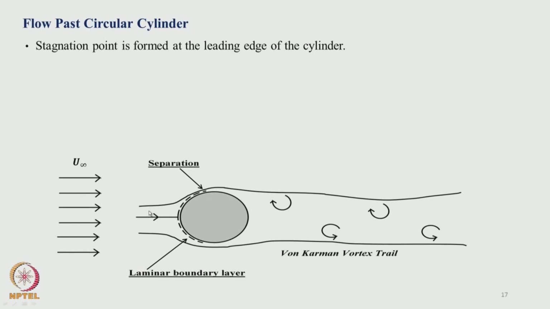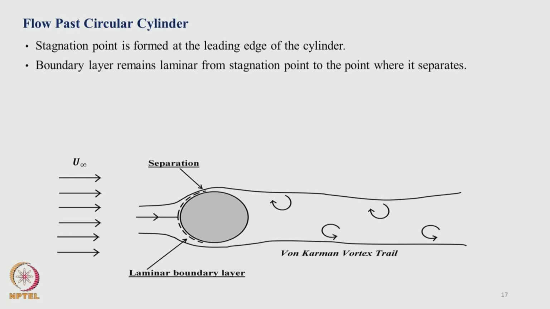So, here is flow past a circular cylinder. On the left hand side is the incoming velocity. What is shown here is a uniform velocity of u infinity, and there is a separation point. In this problem, the separation point for this geometry is not fixed; it keeps moving, oscillating on the surface, and where it oscillates depends on the inlet condition, and whether the flow is laminar or turbulent. Now, behind the geometry there is the famous vortex shedding,